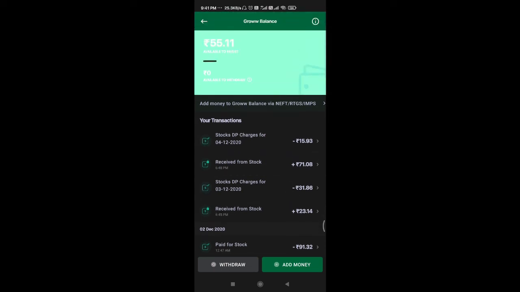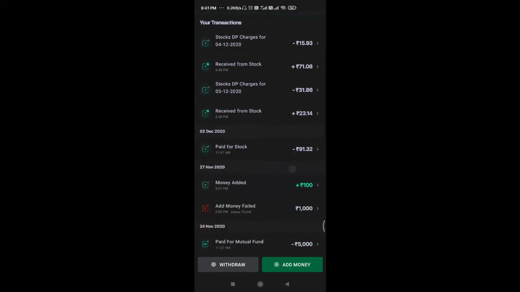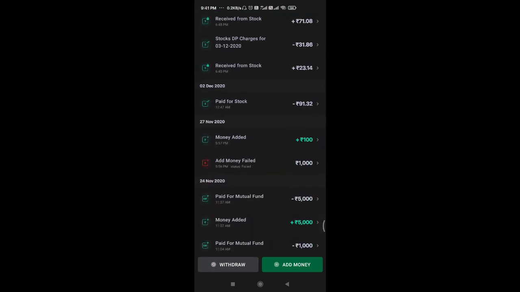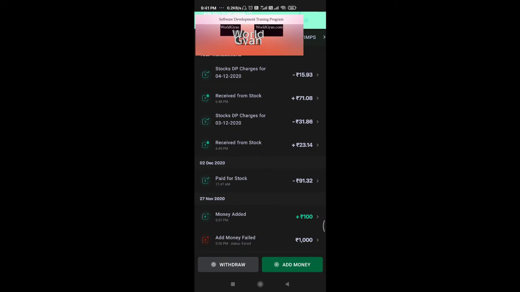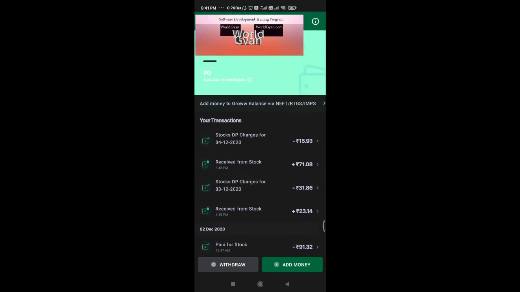Okay, so make sure that you first check how much return you will get. It is very important: what the benefit is, what the cost is. So these are the DP charges, and these are the other hidden charges available. So make sure and confirm. Then after doing some R&D, you can invest in the stock market.